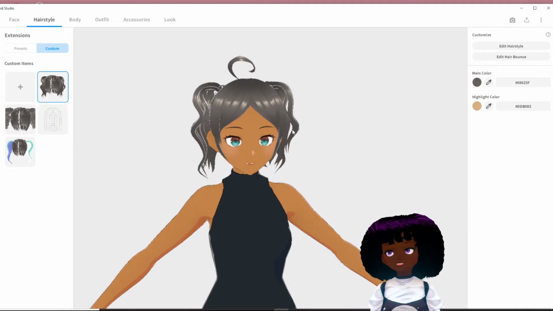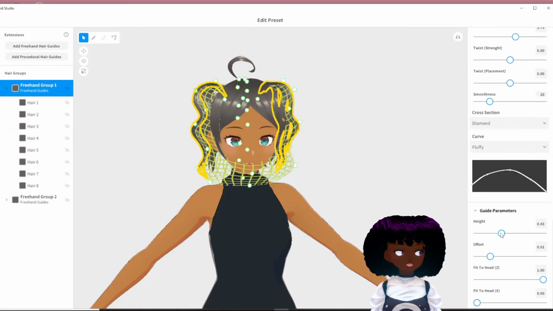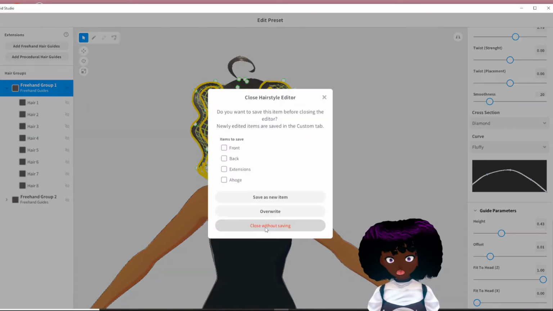So if you wanted it to be as long as the original straight-haired texture, obviously you just make the points longer, extend the height. That's over here, and that would make this longer, and then you kind of just make that wavy S-wave kind of look to it. Next would be